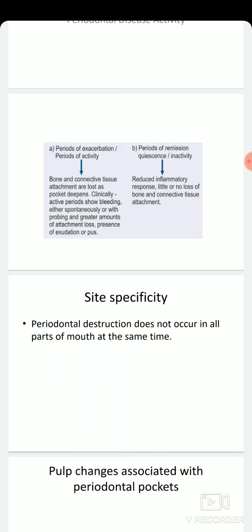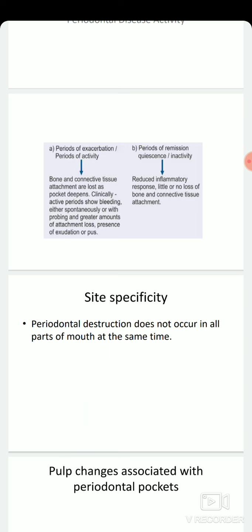A buildup of unattached plaque in the pocket with its gram negative, motile and anaerobic bacteria starts a period of exacerbation during which the bone and connective tissue loss deepens the periodontal pocket. And these periods last for a few days to weeks and months and are followed by periods of remission